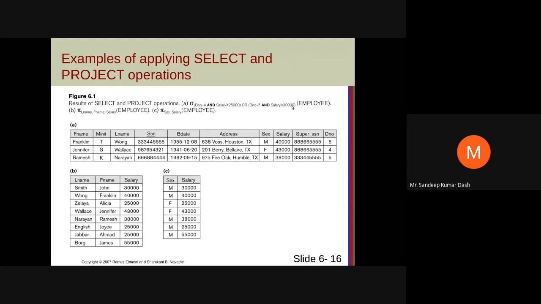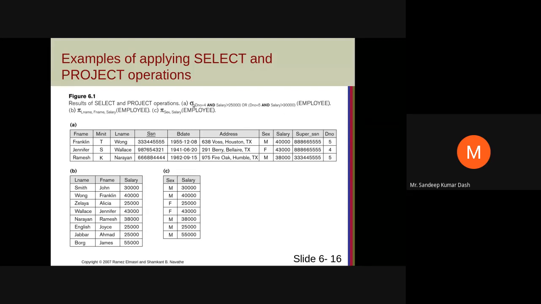So it merges two conditions. Department number equals 5 and salary greater than 30,000 gives these two, Ramesh and Franklin. Then department number equals 4 and salary greater than 25,000 gives this one. It merges the two results together and shows them as the result.